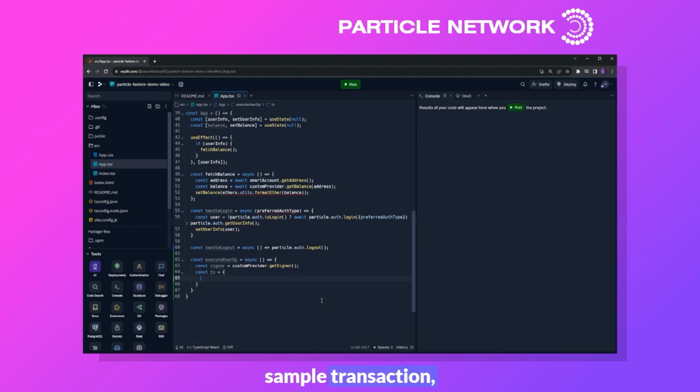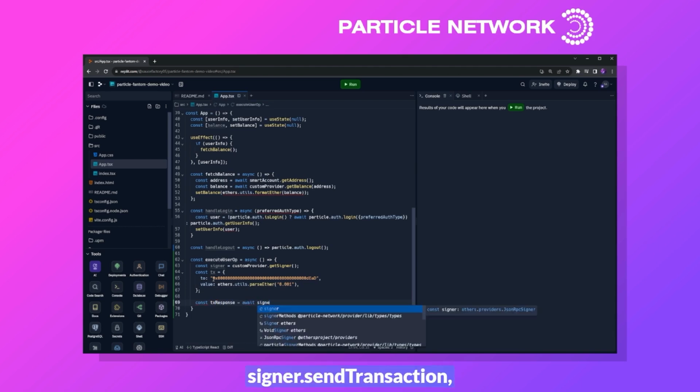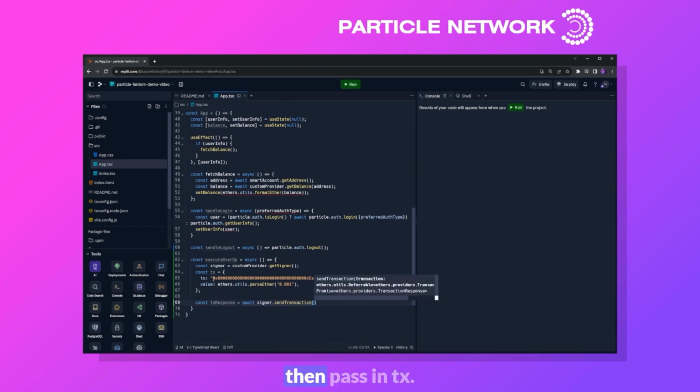Basically, with this sample transaction, I just want to send 0.001 Fantom to a dead burn address. So just burning some Fantom. To do this, we can just set the to value as this address right here. And we can set the value to ethers.utils.parseEther. This will convert the ether value of 0.001 to wei. You can simply send that transaction in a variable called txResponse and do await signer.sendTransaction, then pass in